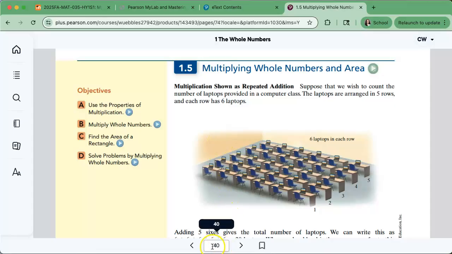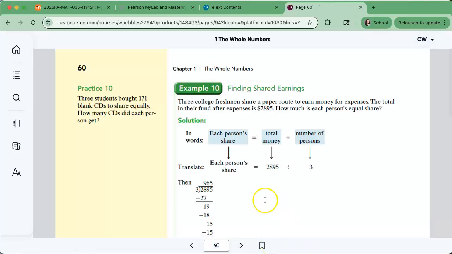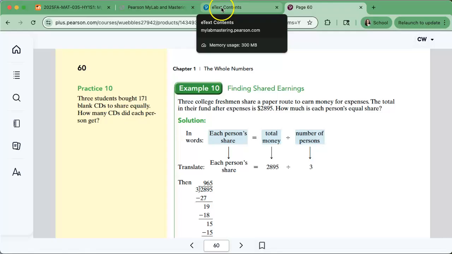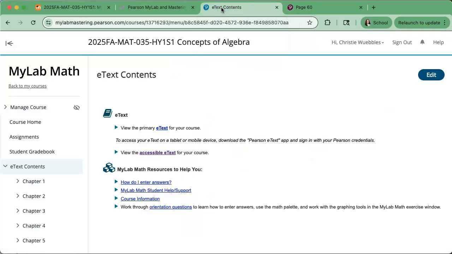Another thing to note is if you need to find a particular page number, that's down here at the bottom. You can advance or go backwards, or just type in the number of the page that you're looking for and jump right to that page. Those are the biggest features that I wanted to point out with the e-text. There are a few other things to try out over here on the side, but that's what you mainly need to be aware of. So now I'm going to come back a tab to our MyLab Math course again,